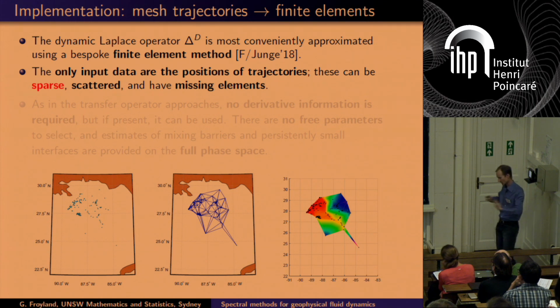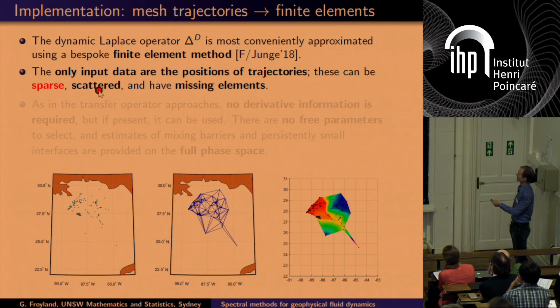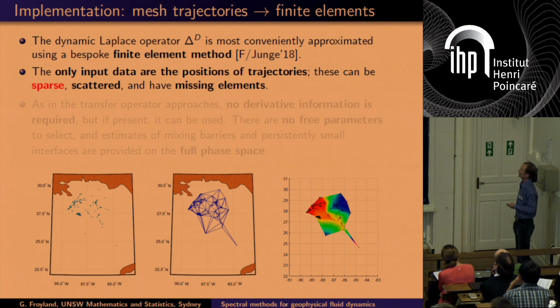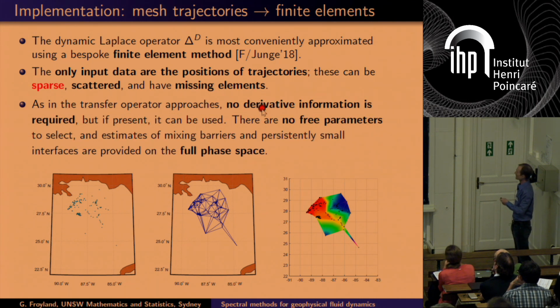So you know you have some trajectories, you know where they are in phase space. We want to find where these coherent sets are from the trajectory data, and we're going to do this by building this dynamic Laplace operator and looking at eigenfunctions. The data can be scattered, it can have missing pieces, and most importantly, it can be sparse. So in the geophysical setting, we're thinking of these trajectories as coming from, say, drifters in the ocean. Okay? So you don't have very high resolution coverage if you're using physical observations like drifters. We don't need any phase-space derivatives, which is, of course, advantageous.